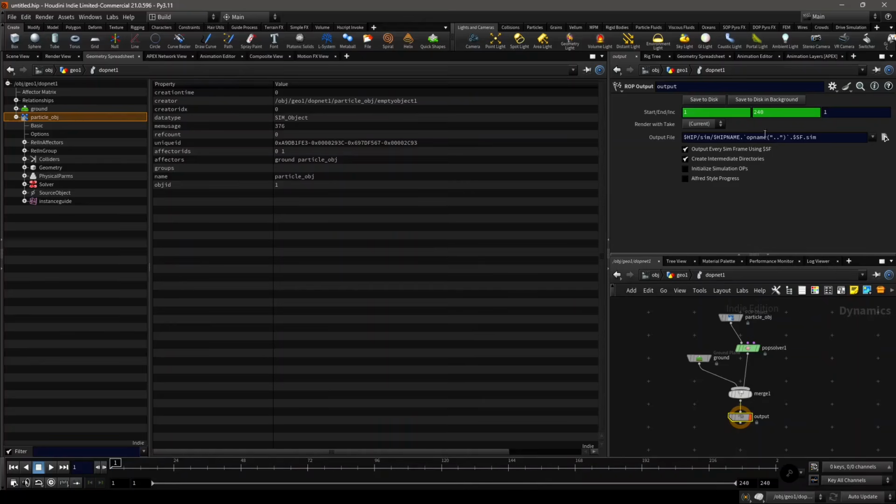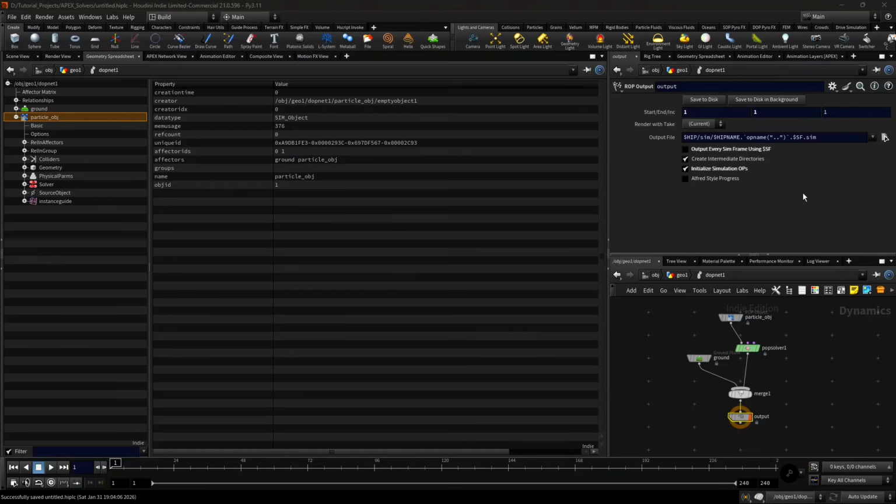And to do that, first we will reset this parameter, this start in frames. We only want to export the first frame, so we'll set it on 1, and then we will turn off this output every sim frame using $SF, and we'll initialize the simulation operators so that it doesn't use any cache